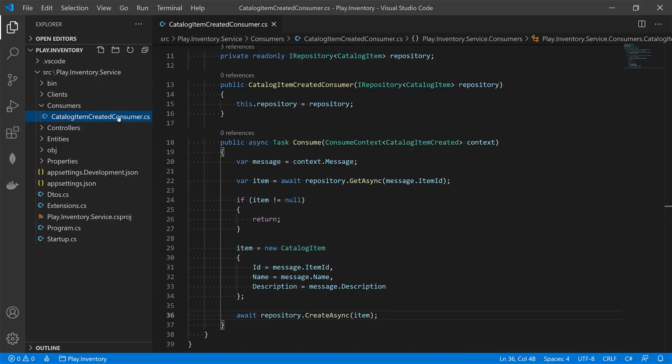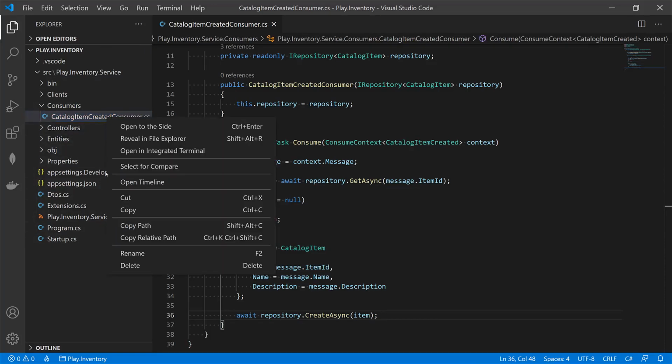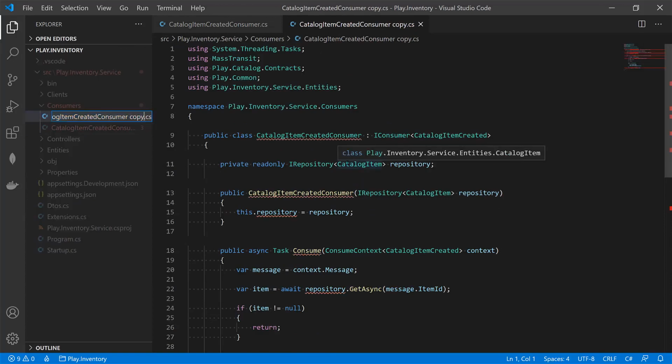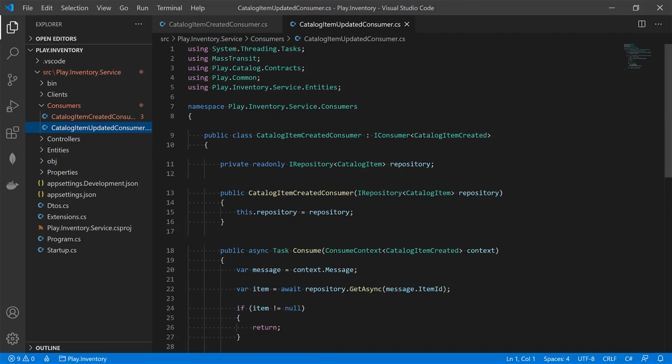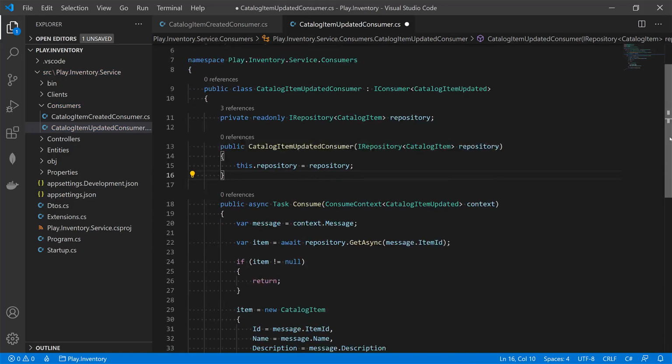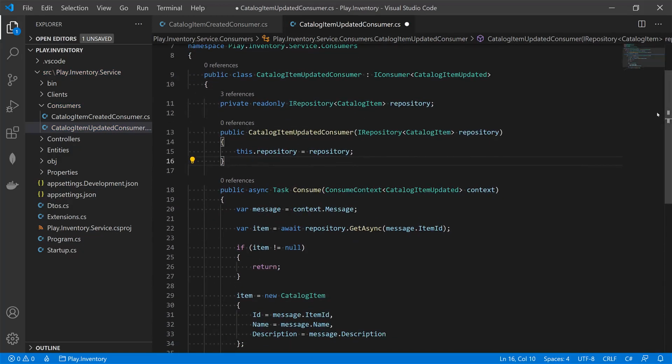So when a catalog item has been updated. I'll get a copy of the consumer, and let's just rename it into catalog item updated consumer. Okay, so I'll do this, and then the message is catalog item updated. Okay, so let's fix a couple of things. Constructor there. Okay, so we are consuming now catalog item updated, and here the logic is going to be a little